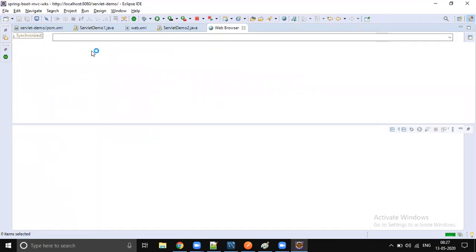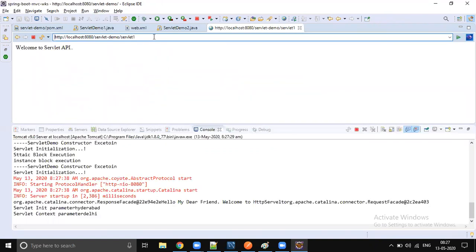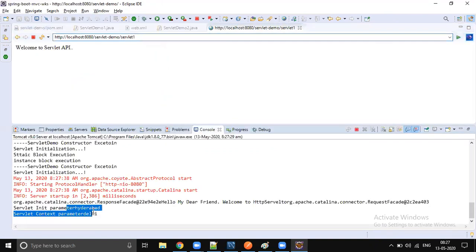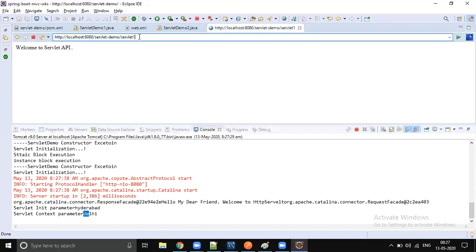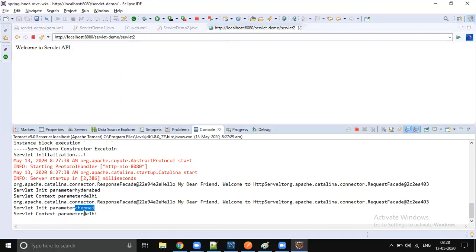Yeah, so the servlets are ready. Let me go to servlet 1. You see, Hyderabad printed, Delhi printed. Init parameter, Hyderabad, context parameter, Delhi. If I go to servlet 2, so that particular servlet init parameter, Chennai, and context parameter, Delhi.